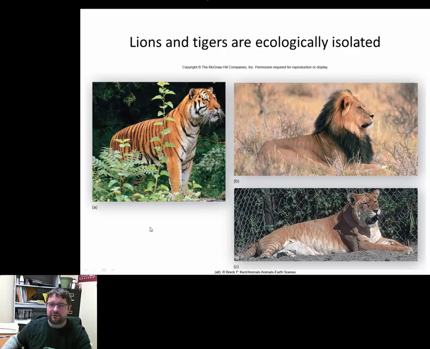You have lions and tigers, and lions being on the savanna and tigers being in forested habitat, separate ecological niches. They can roam, they could encounter each other, right? Except for, tigers are suited for the forest habitat, lions are suited for the savanna habitat, and they really never cross each other's path. They don't encounter each other very often until we put them in a situation where they can encounter each other. And so we can kind of establish mating between the two. You can put the two together in cages and things like that, and they will mate with each other, and they'll produce offspring, a liger or a tigon, and